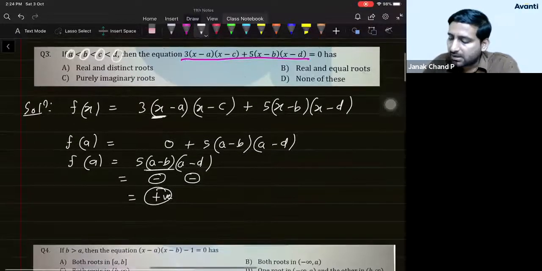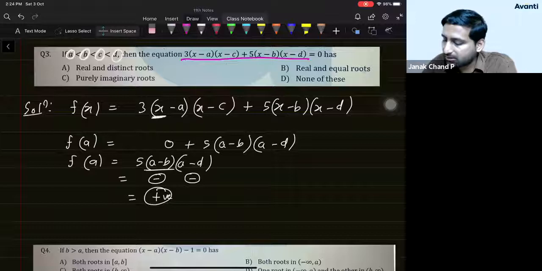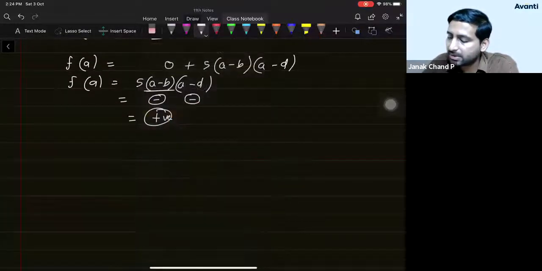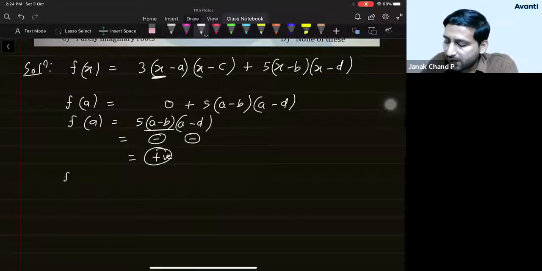Right? Fine. Let us do the same thing for the rest of the points. We are not getting any numerical value, we're just getting the sign. Maybe that might also be useful. If I now calculate f of B, look at this very carefully.